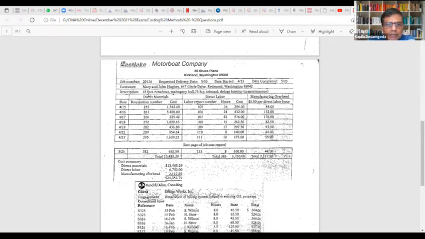And then you can see, whenever you issue material from the warehouse, you have the date, material requisition number, and then how much material has been issued, right? So altogether you can trace it back, and by the time they completed this job, they have used $15,485 worth of material. These are material costs through the requisition.